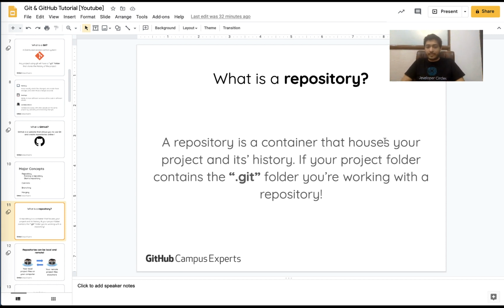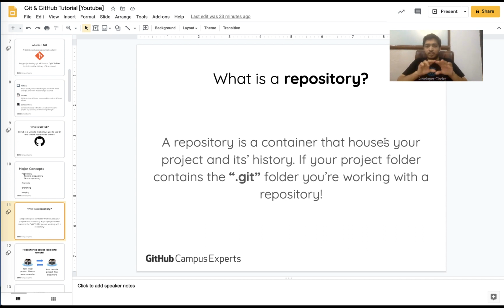So what exactly is a repository? In layman terms, you can just say that a repository is essentially just a folder. Whenever you are working on a new website or a new project, you basically start with creating a new folder on your local computer. So it's actually just a folder, but unlike a normal folder where any file that you add, any changes you make in any of those files is not tracked, a repository just adds that functionality to it.